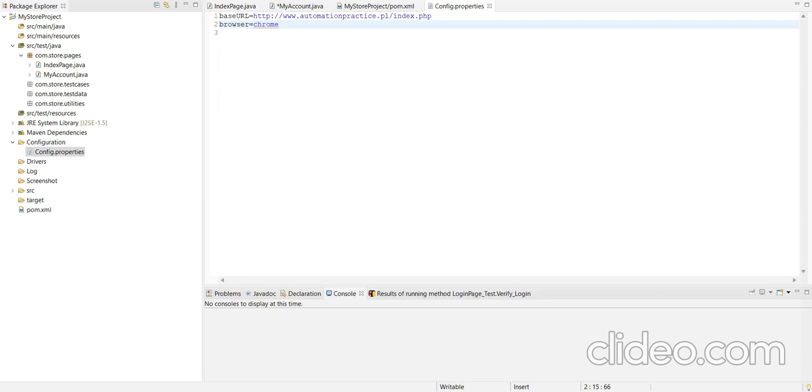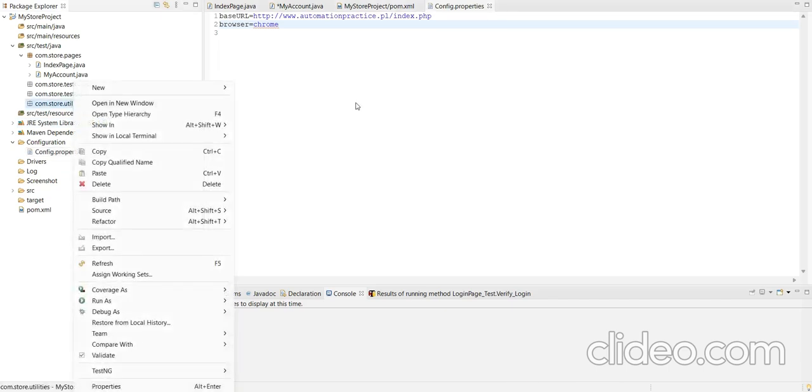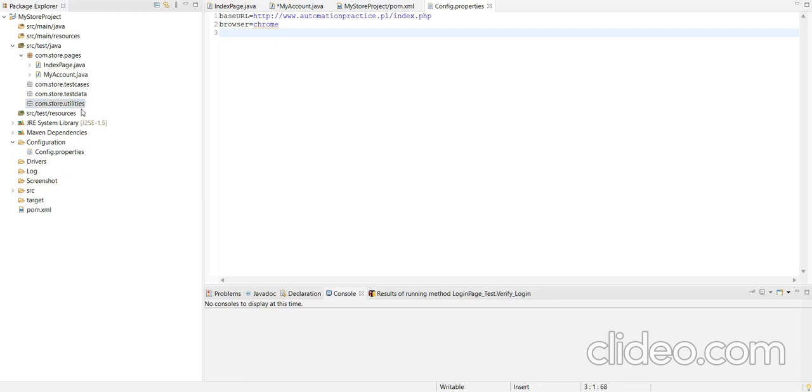After creating this properties file, now we have to read this property file. So now we will discuss how to read the property file. In the utilities package, first we see why we use the utility.